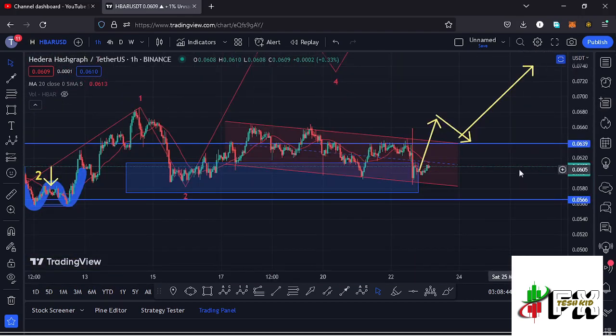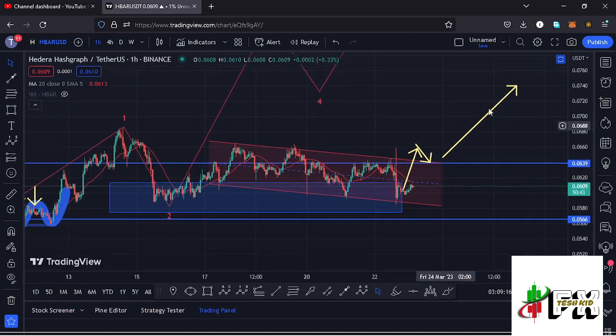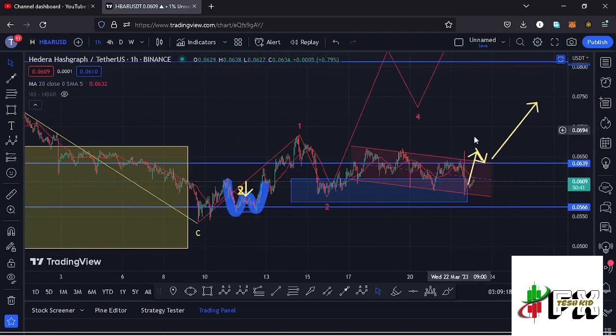And to fully support the breakout to the upper side, Hbar has continued to trade within this channel that is right here, which has now given us more than 3 touch points, and there are chances that in case we continue holding within this channel, see a movement to the upper side, see a break above the 20-day MA, have the support that we need for us to continue gearing up, there are chances of seeing a breakout to the upper side of the channel, and in case the breakout happens to the upper side, we can also expect to see a retest of the upper side of the channel before we can continue gearing up to the upper side. So that is also fully supporting a breakout to the upper side in the formation of that wave 3, and